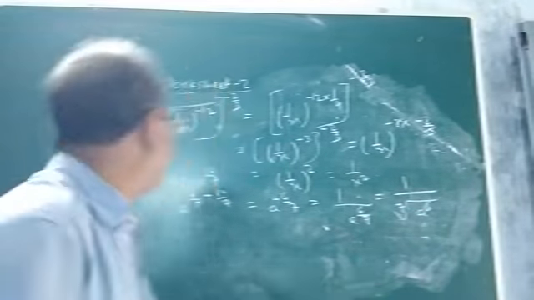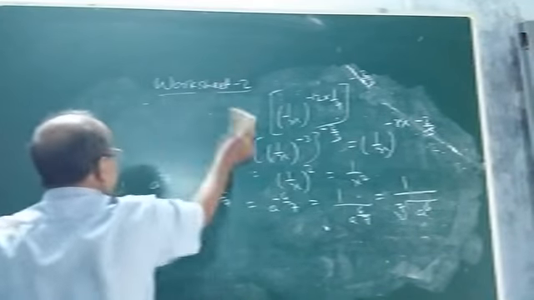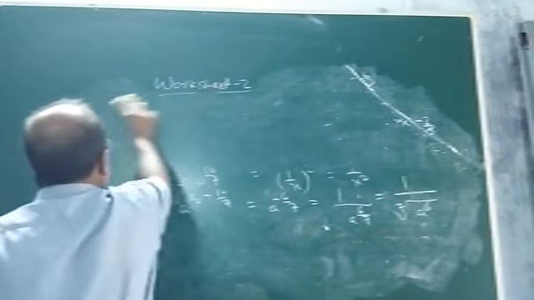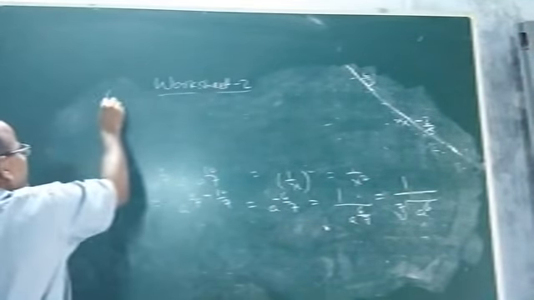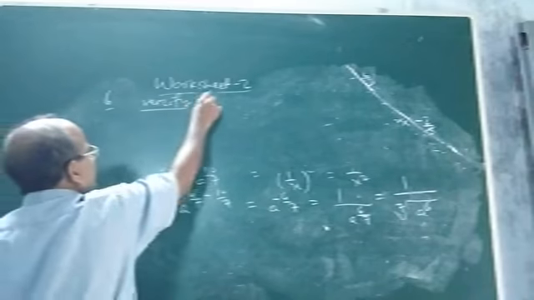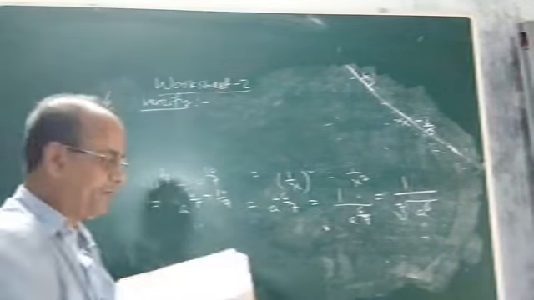Now let us discuss number 6. In number 6, what is given, children? There is a question on verification. Verify. So what is the question? Question number 6 is verify. Let us see how to verify. And to whom will we verify? See, to whom will we verify and how to verify?